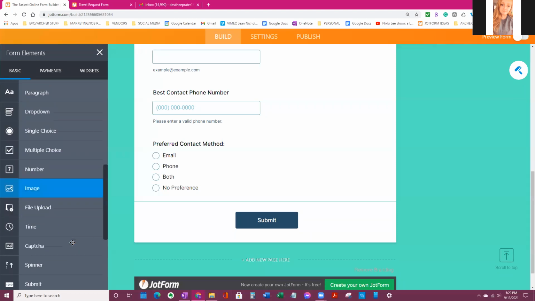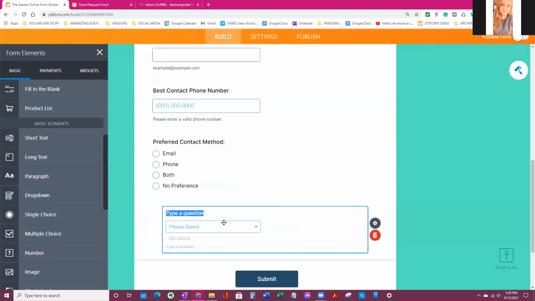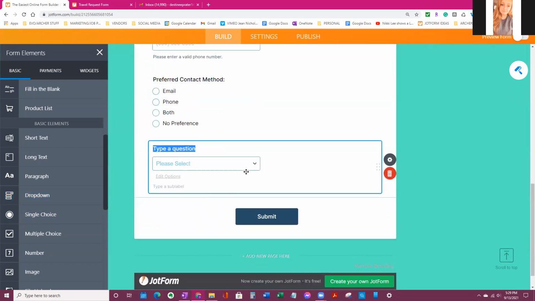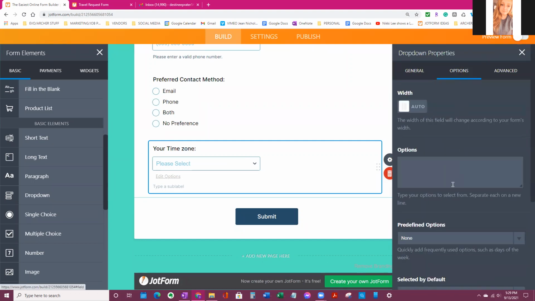Let's see here, where is... okay, so it's going to be a drop down menu. This is what we're going to click on. We're going to bring it over here, and then we're going to type in time zone. I feel like time zone's one word, maybe it's not. Anyway, if you click on the settings, there is something in here, let's go to options. Okay, so right here, if you click on options,